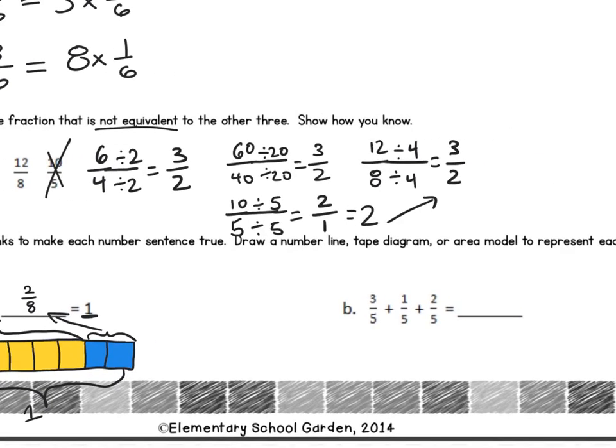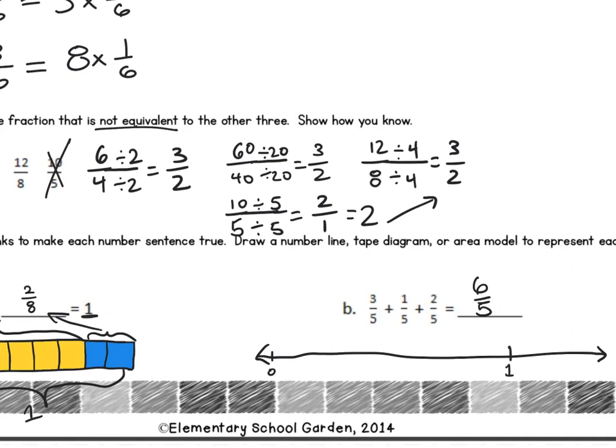For problem B, I have 3/5 plus 1/5 plus 2/5. So I'm working with fifths, so my units will stay the same. And then for my answer, I have 3 plus 1 plus 2, which equals 6. So to show this on a number line, I start with 0. And since 6/5 is greater than 1 whole, I'm going to put 1